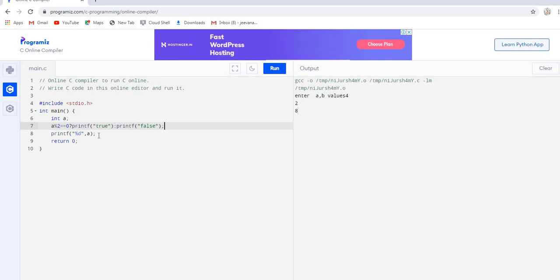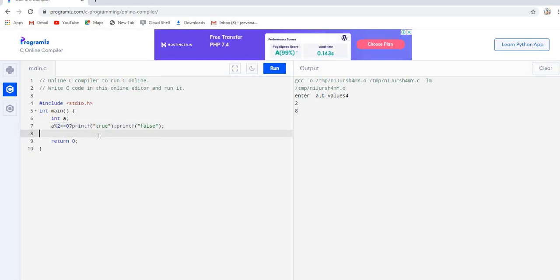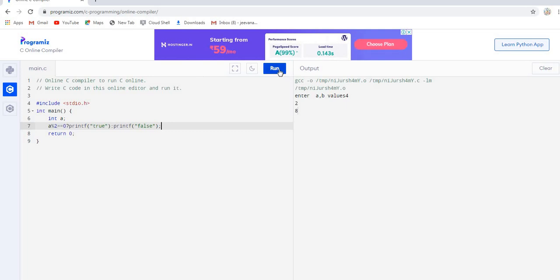Okay, this percentage, we don't need this. We'll run this. I haven't given any input. Wait, sorry.